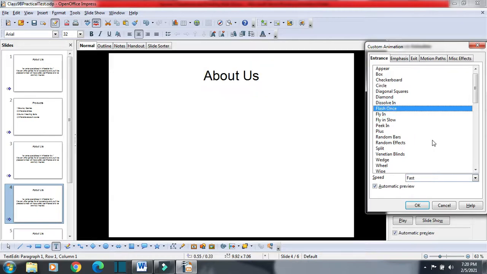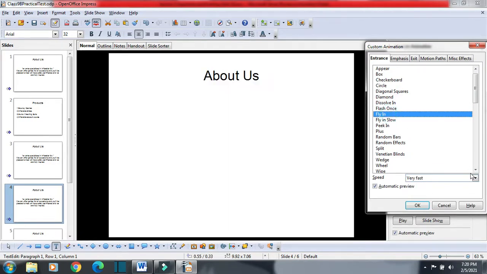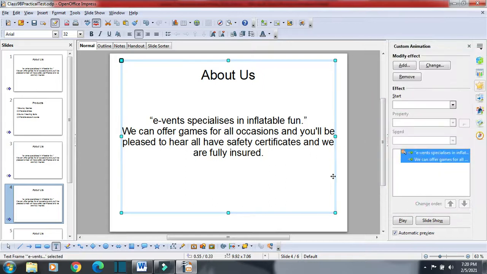This is flash once, very slowly. Fly in. Okay, so these are the options that I can select and the animation effect will be applied to the text that we have selected. We'll click on OK and the selected text will have this effect.